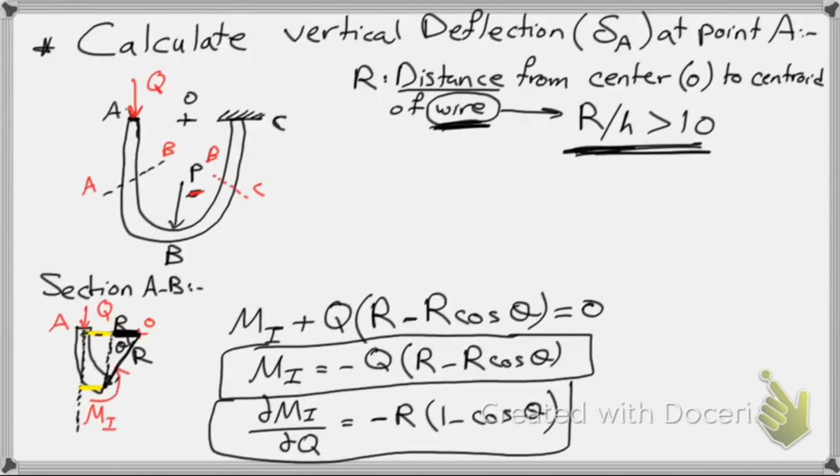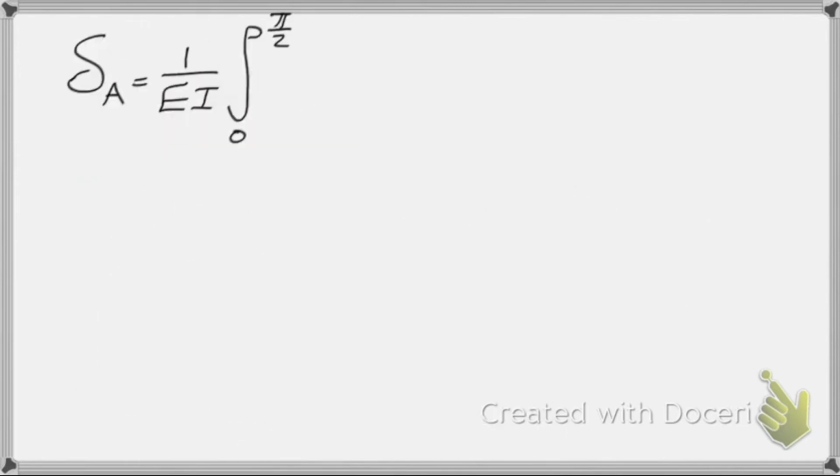Because remember, this theta right here is going all the way from 0, horizontal, all the way to 90 degrees. So this theta is going from 0 to 90 degrees, pi over 2, times M1 dM1 over dQ R d theta